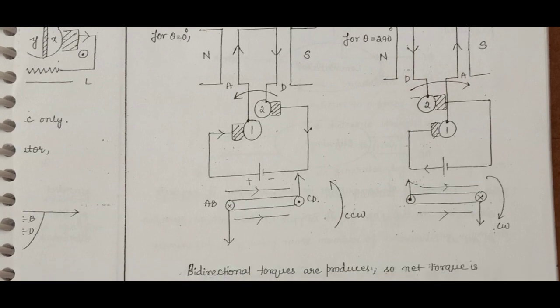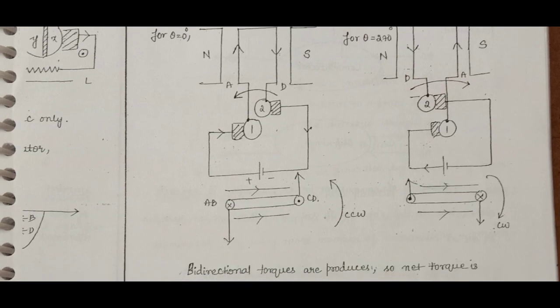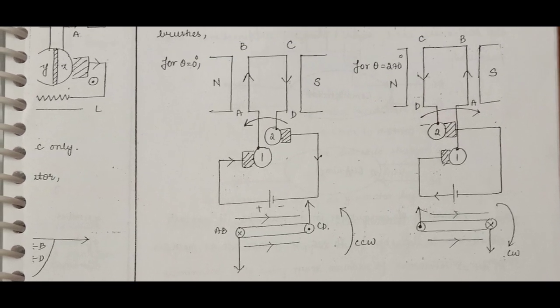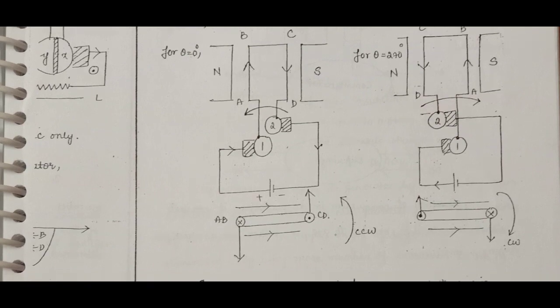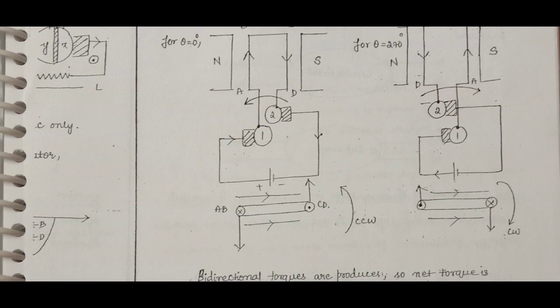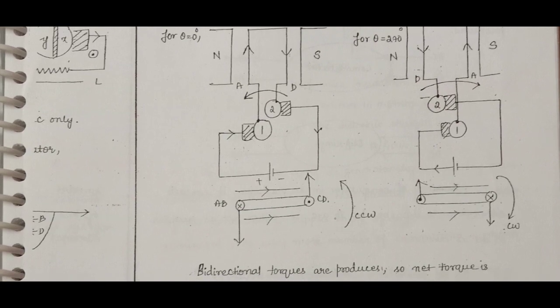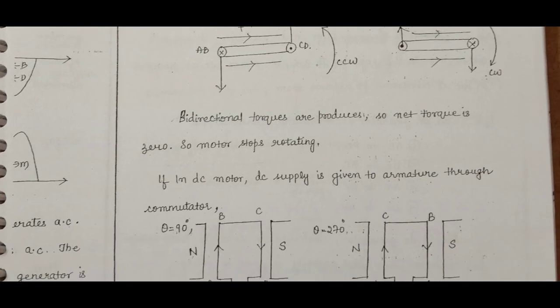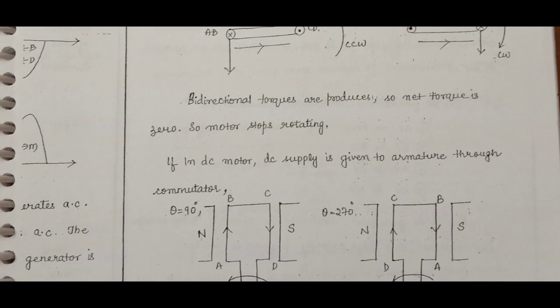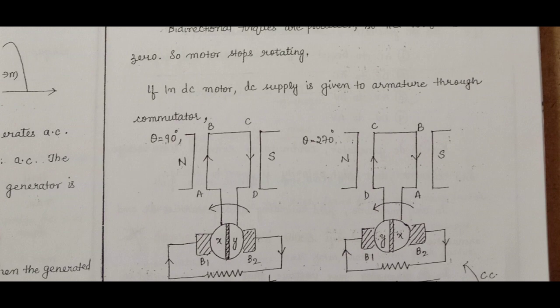The conductor which comes under the north pole must be a cross conductor, and the conductor which comes under the south pole must be a dot conductor. So this cannot be possible with slip rings. If you use slip rings, in one half cycle it is a cross conductor under the north pole, and after half a cycle, under the north pole there are dot conductors. If you use the commutator,